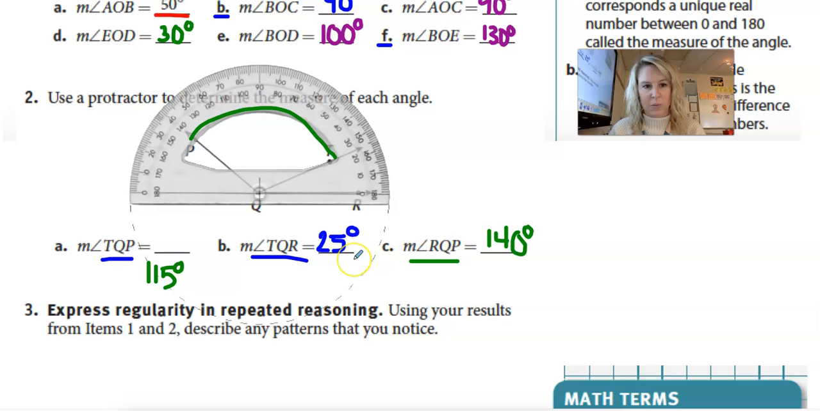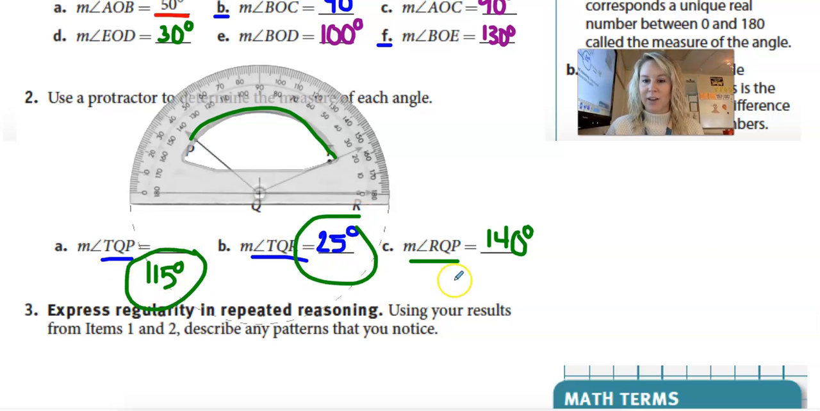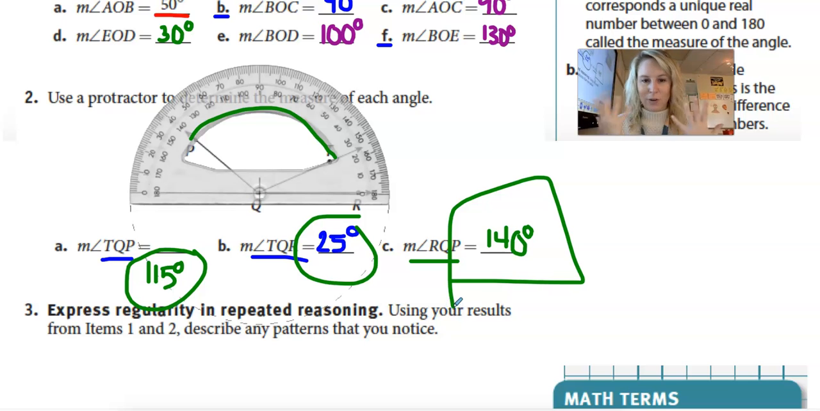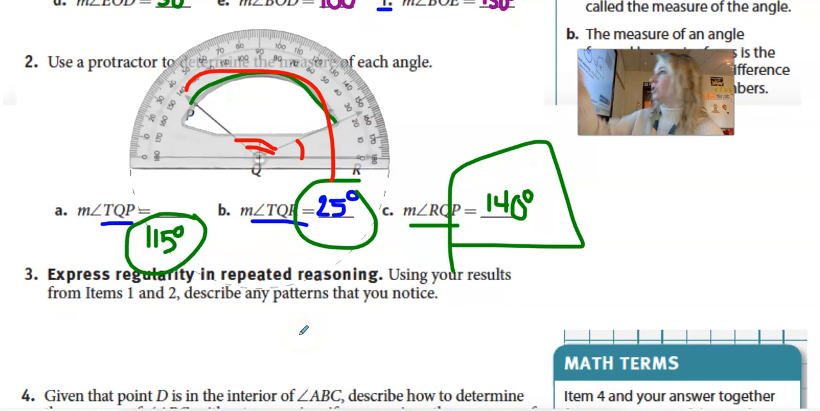Using your results from this, describe any patterns. So maybe you noticed that 115 plus 25 gets you your total of 140. Okay, so very much similar to angle addition postulate. This part plus your other part is going to add up to your entire thing of 140. Okay, so the two smaller ones,